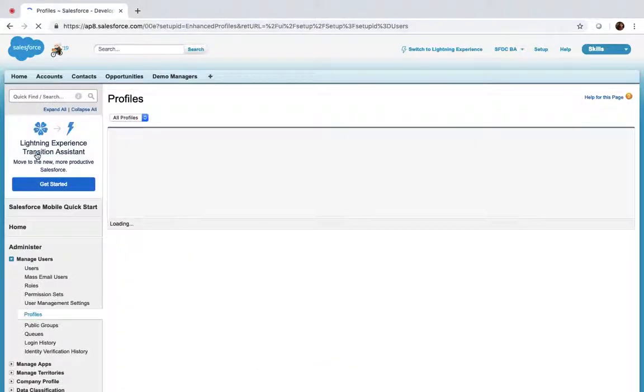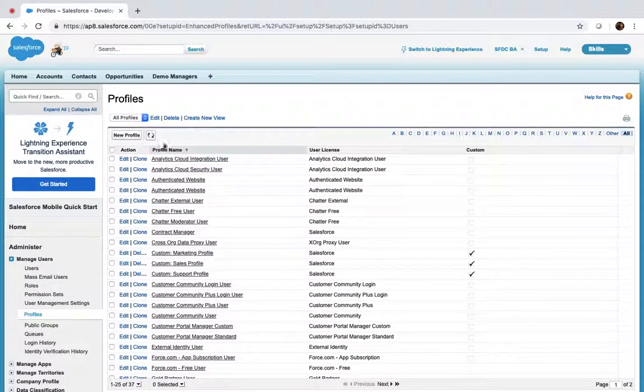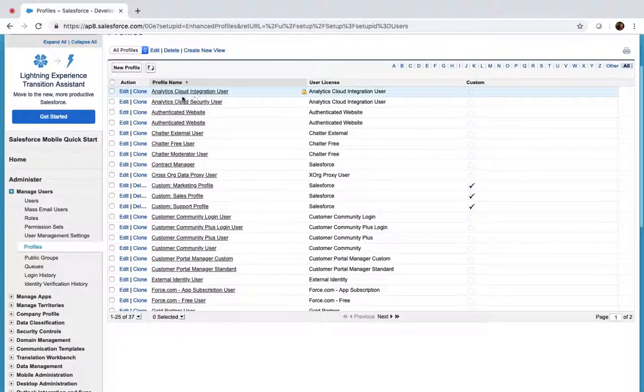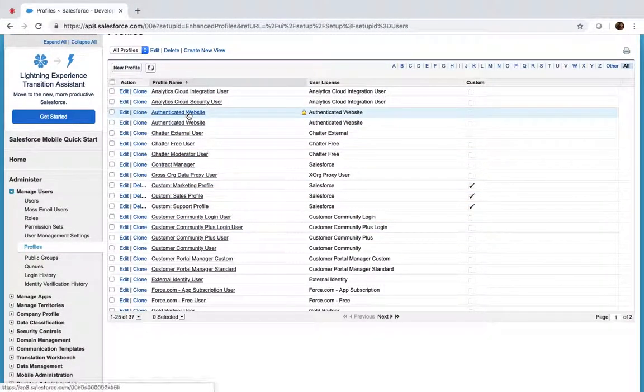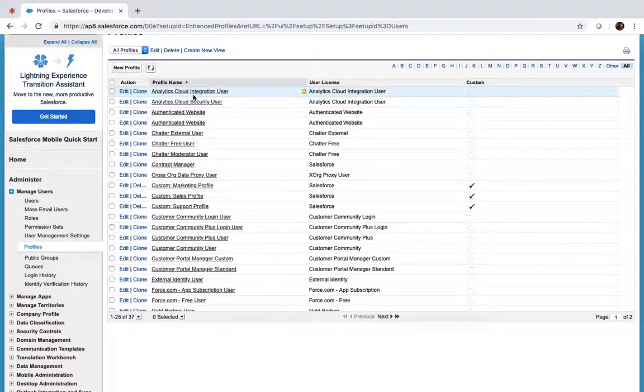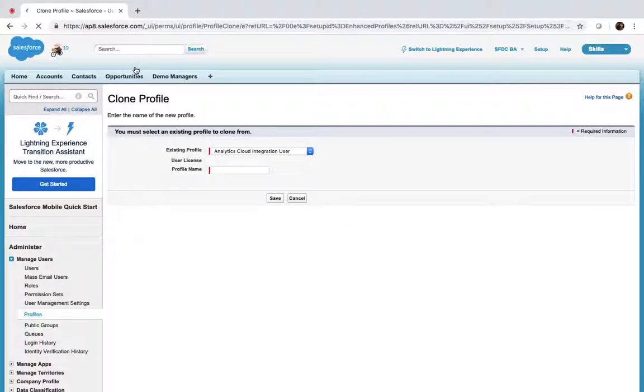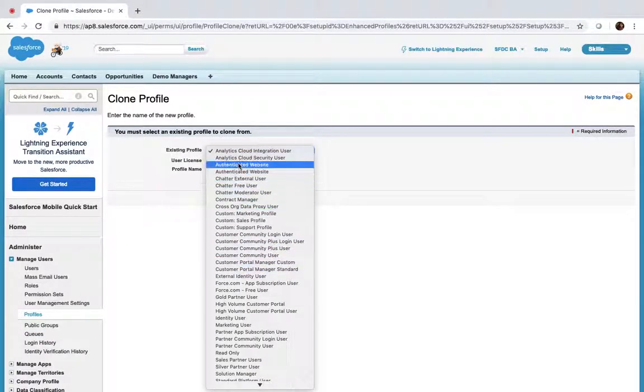Profiles here, the interesting thing is that the rule in profiles is that you are not supposed to use any of your standard profiles and modify them. You are not supposed to edit or modify anything in a standard profile. If you want to create a new profile, you can only create it by selecting an existing profile as a